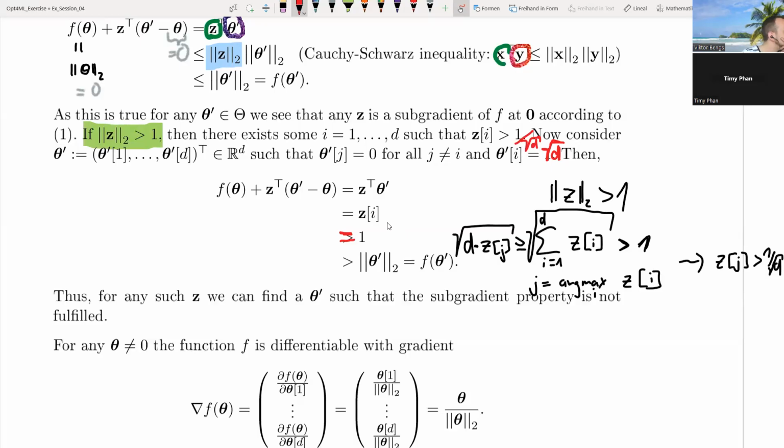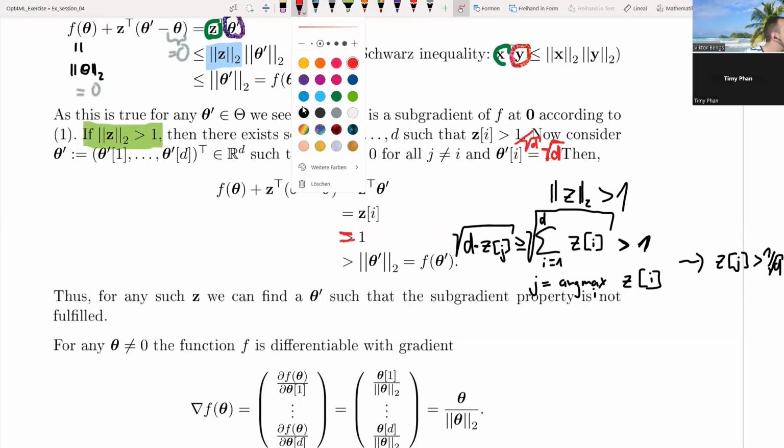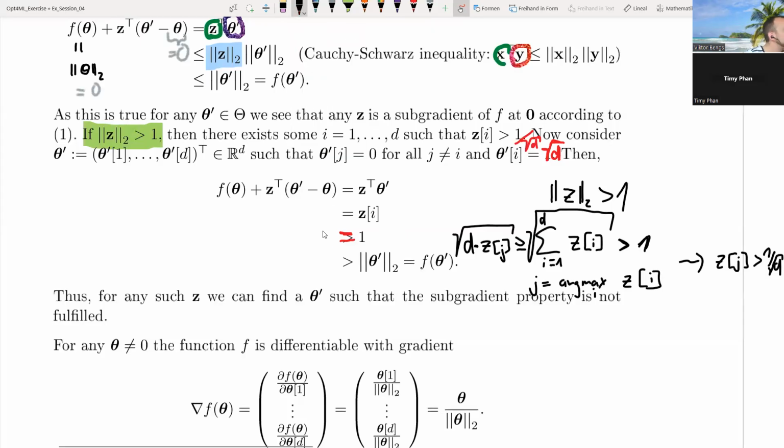I have no answer right now, because obviously my proof breaks down here. My proof breaks down because of course here we have theta 1, this is a 1, but the Euclidean length of the theta prime vector is